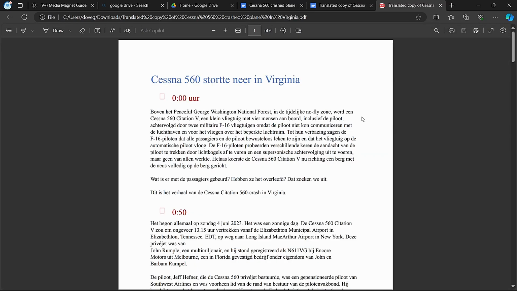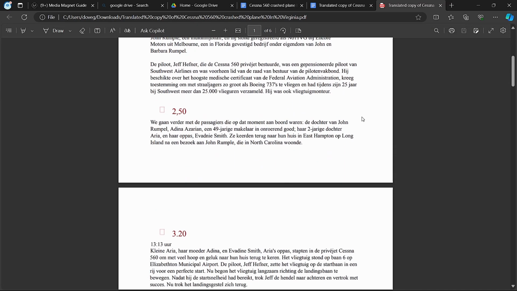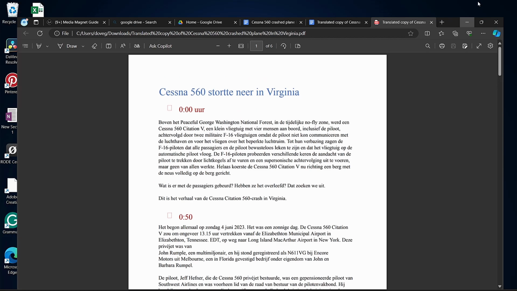By following these steps, you can easily translate PDF documents into different languages using Google Docs, and it won't cost